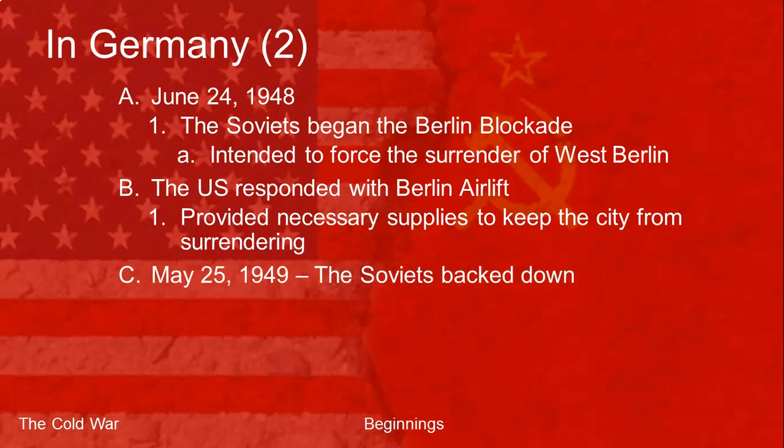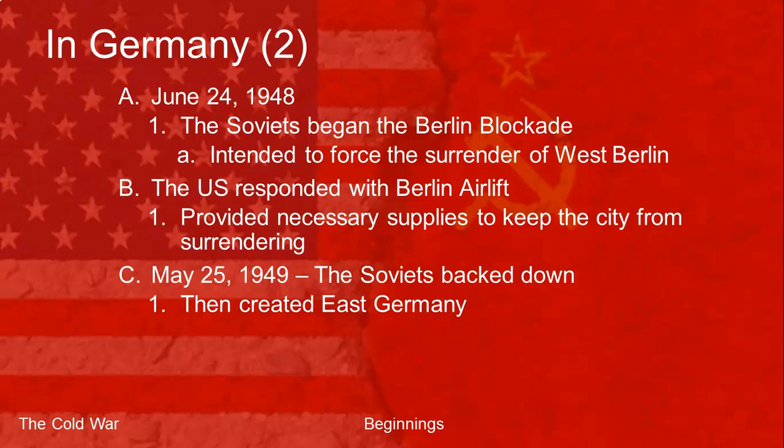At the beginning, in June of 1948, the people of West Berlin had to go on rations to make sure that there was enough food left for everybody. By the time the Soviet Union backed down in May of 1949, there were no rations in West Berlin. Everyone was able to get plenty and anything they wanted. So the Soviet Union had to stop and had to relinquish that Berlin blockade.